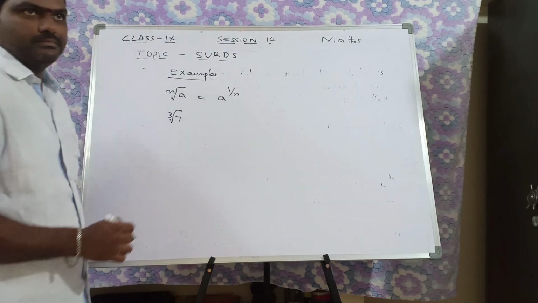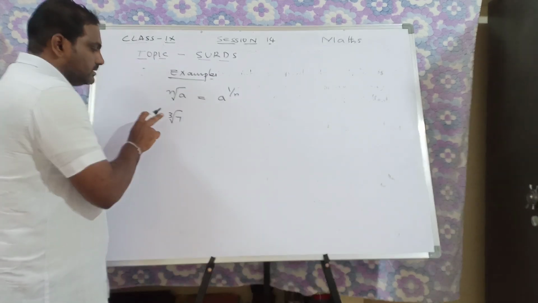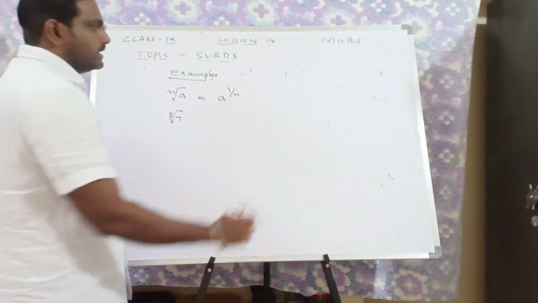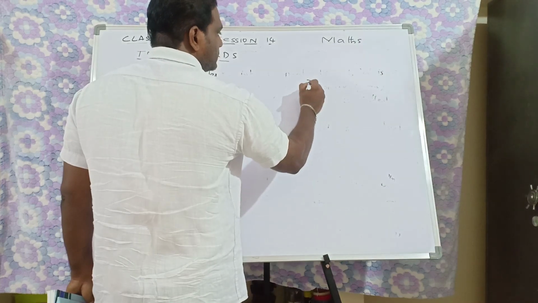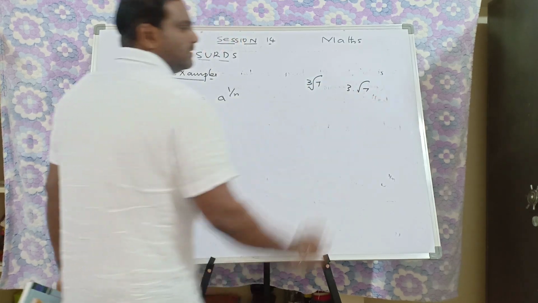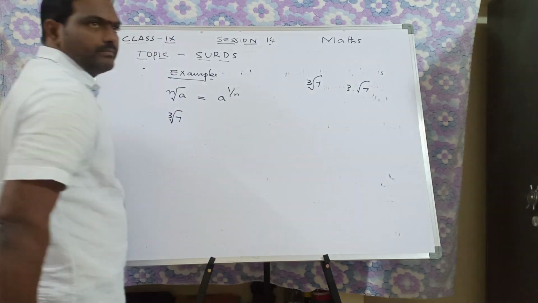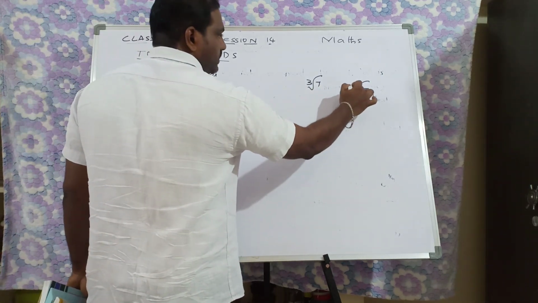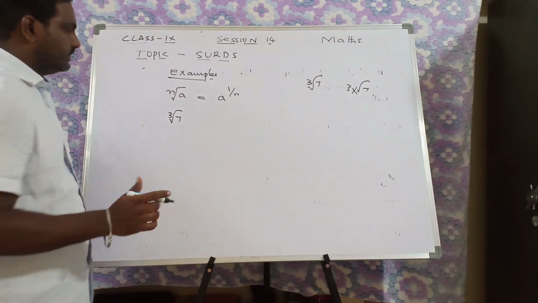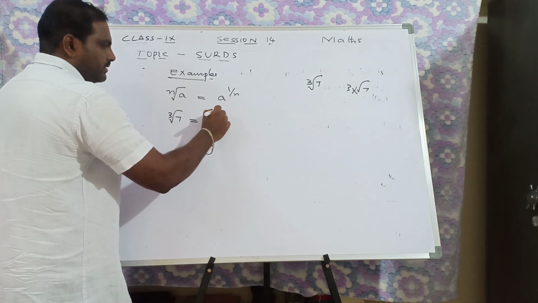Now let us try to write the third root of 7. It is not "3 root 7". This 3 must be written inside the root sign. For example, look at this. What is the difference between these? This is third root 7. This is 3 root 7. This 3 root 7 means 3 is going to multiply, but third root 7 is different. So don't get confused. The third root of 7 is nothing but 7 power 1 by 3.